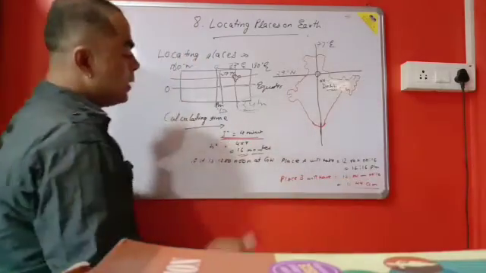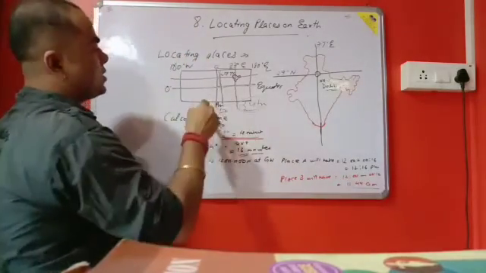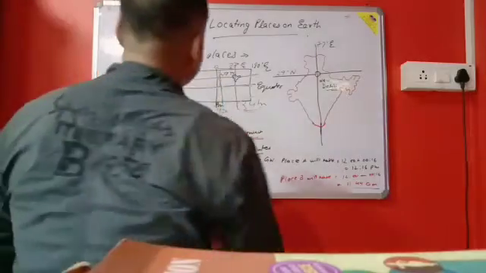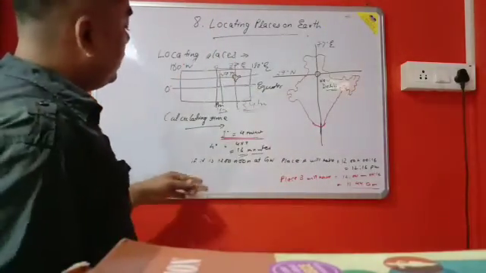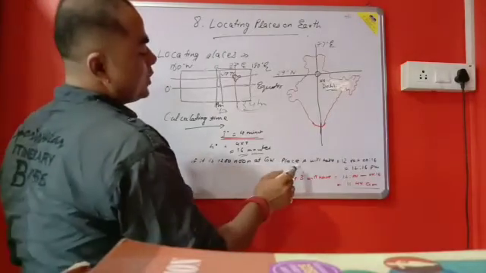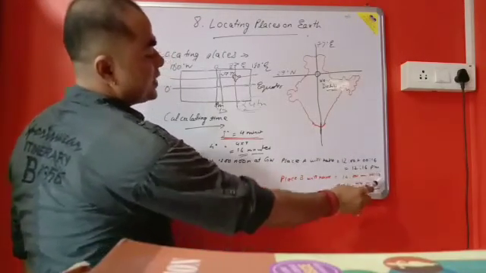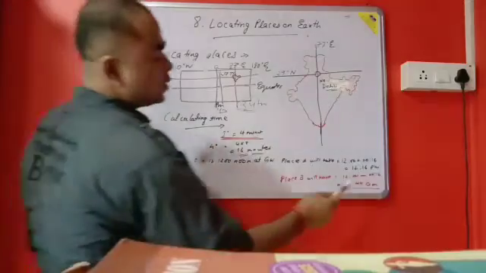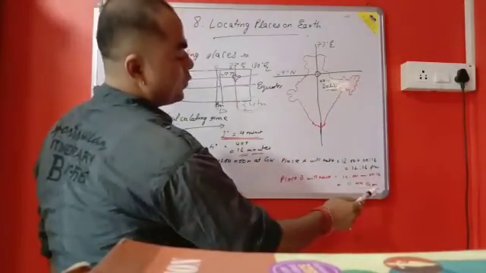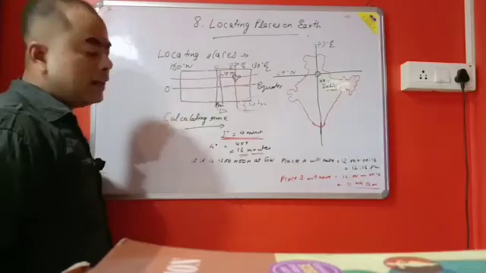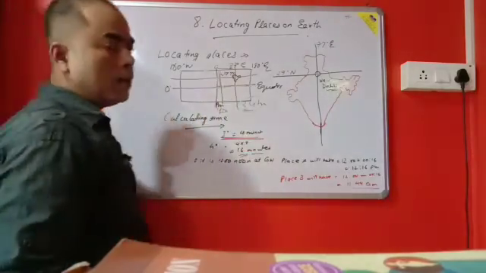Next, if the same degree is towards the west, then if it is 12 noon at Greenwich, place B will have 12 minus 16 because it is toward the west. So 12 minus 16, how much are you getting? 11:44 a.m. Is that clear? So that's how we calculate the time with reference to the prime meridian.